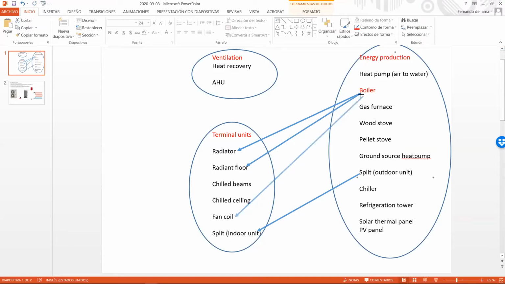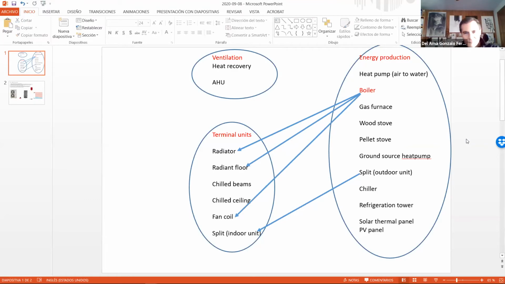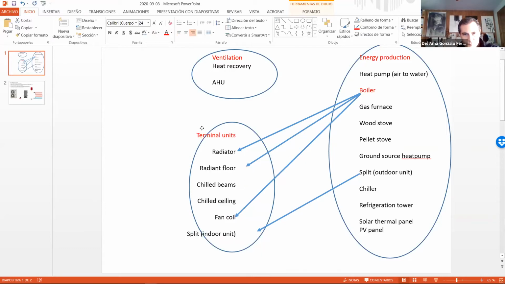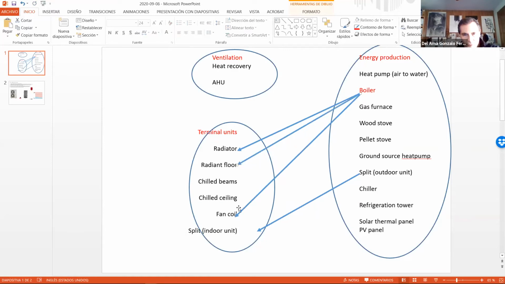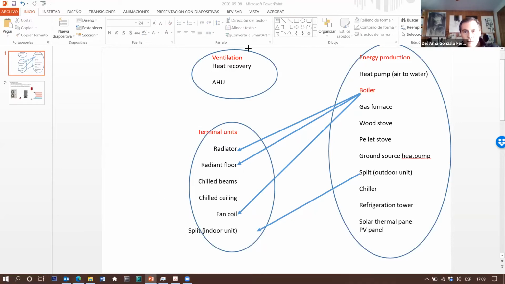Yes. Are you sure? Okay, we're using radiant floors and we're using fan coils. The answer is yes, we can use boilers with fan coils. What is a fan coil? A fan coil is a fan and a coil. We know what a fan is. Now we know what a coil is. So a fan coil is a device that has a fan and has a coil. Very straightforward. If we look up fan coils on the internet,